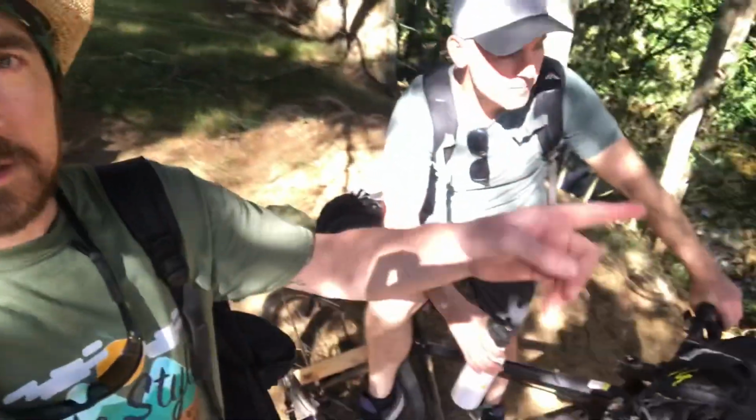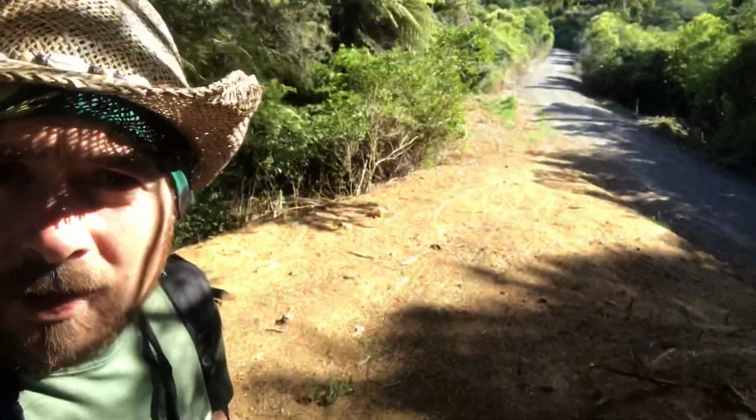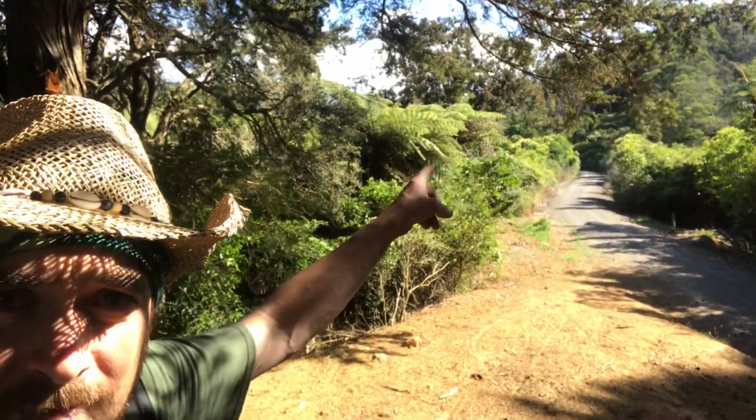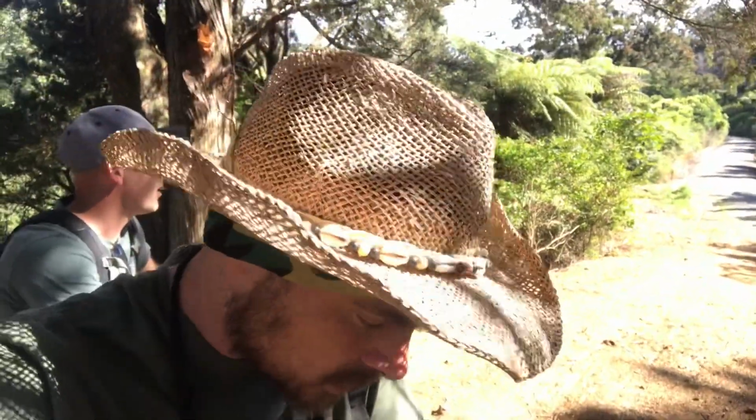We're starting to look for a place to camp for the night. There's a nice river down there. This private property over here, although it looks pretty good, you never know when the farmer's going to come along and put stock in the morning early or check the fences on his motorbike. That's the trail. It's quite hilly up that way, quite steep, and it's extremely dry. I don't think we'll be lighting a fire, but